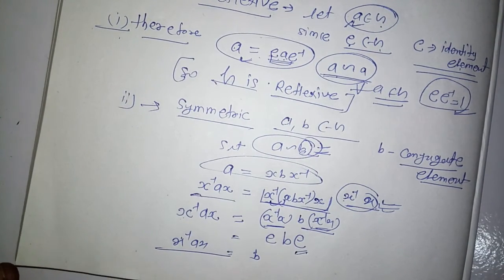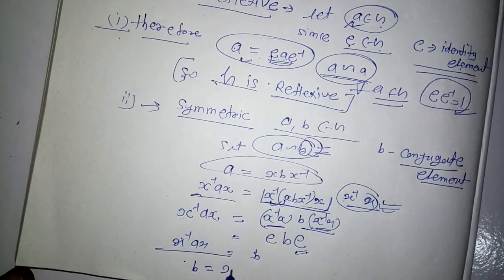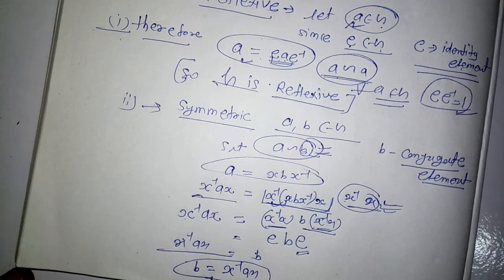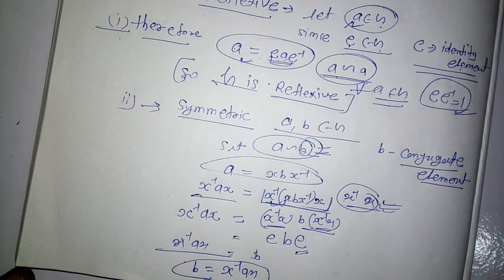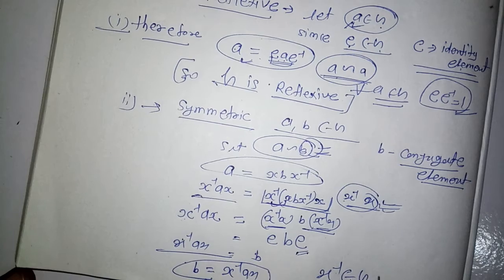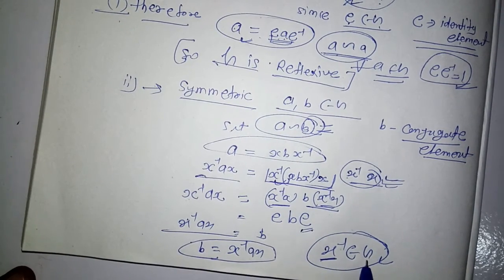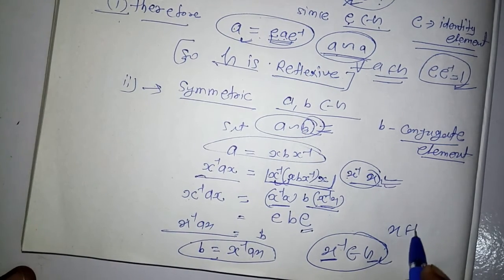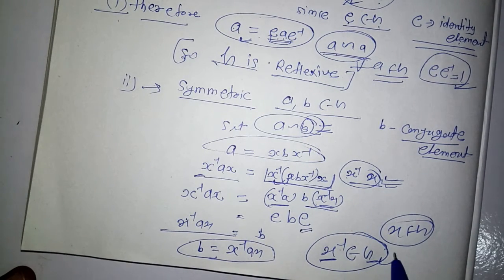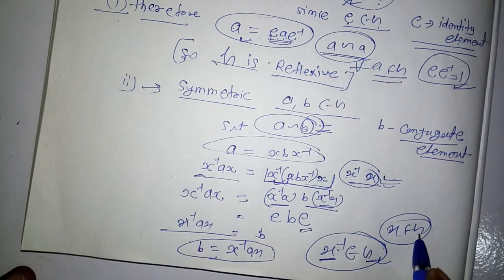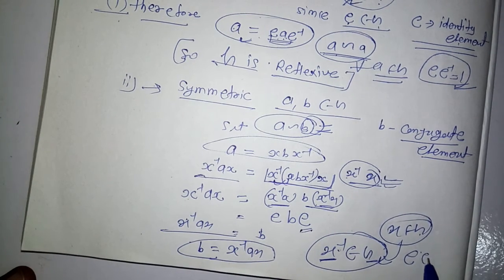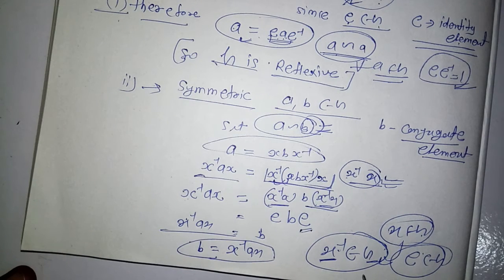Okay, students. And now B is equal to X inverse A X. Okay, because X inverse also belongs to G. Okay, students, X inverse also belongs to G, because X belongs to G. Okay, we can say that X and X inverse belong to G, and this condition E also belongs to G. Okay, students,